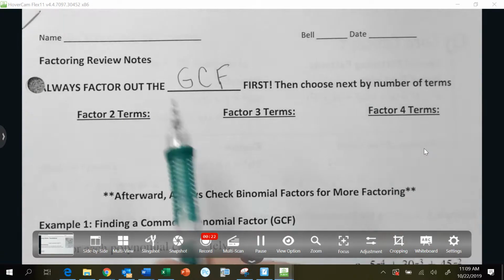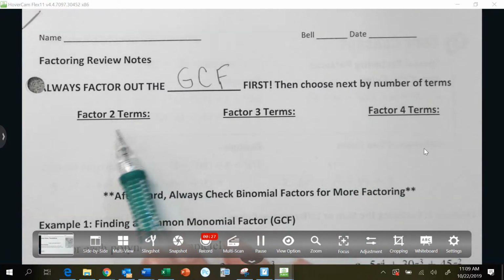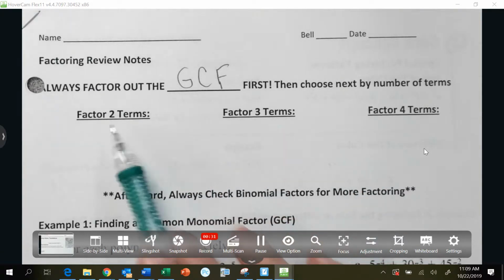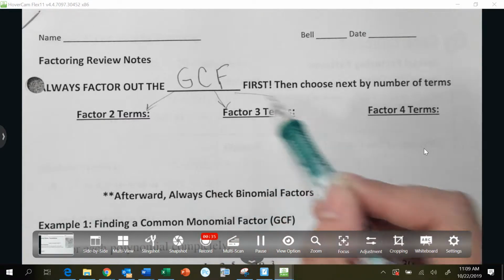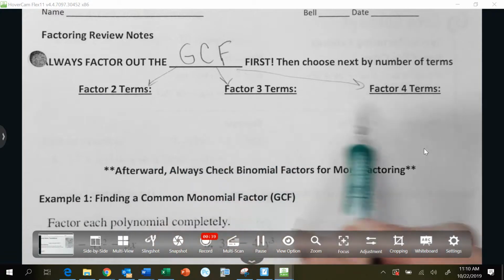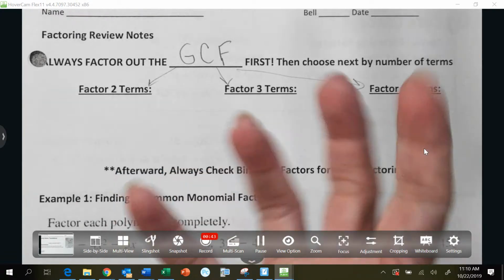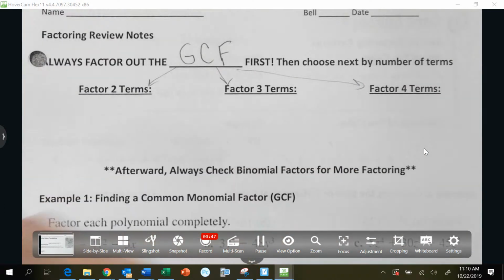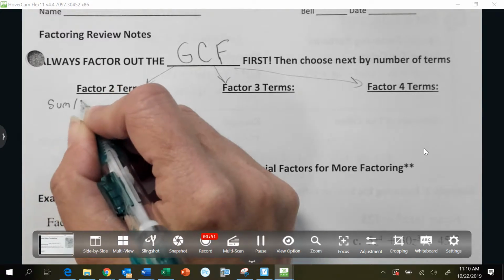Always. Even if there isn't a greatest common factor, you will still do these next three things. Even if you don't do a greatest common factor, you still go on to the next step. So always look to see if there's a greatest common factor, then move on. The next thing you do is decide how many terms there are. If there are two terms, there are two situations that you could factor further. After you've taken out the GCF, if there's two terms, you might have a sum or a difference